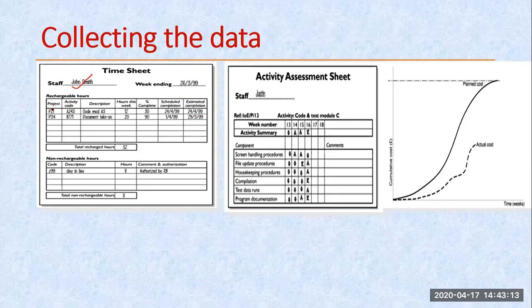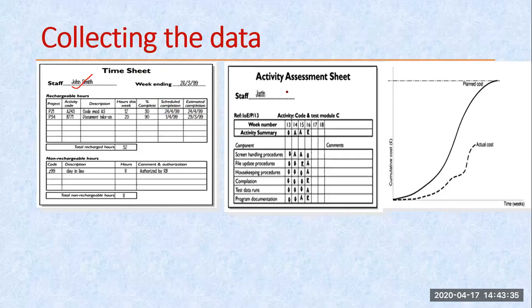They keep mentioning on their timesheet the task that is allocated to them, the time when they report, the time, how much of the task they have completed, what is the schedule of that completion, or what is the estimate that is left. So this way they keep filling it. This timesheet is one of the tools by which the data can be collected.